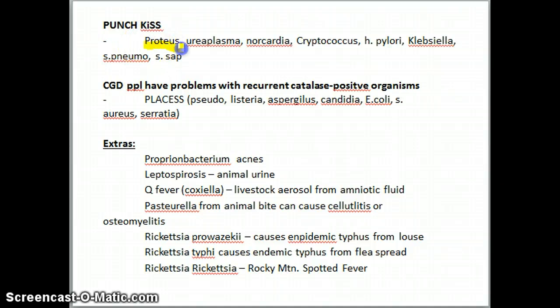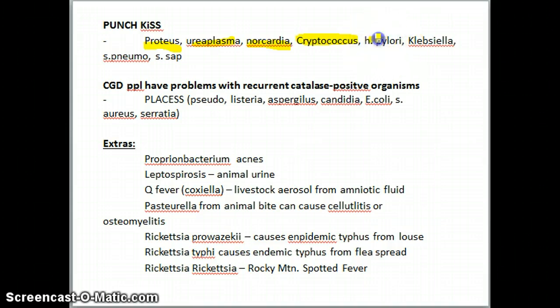So you have the Proteus, and you're going to have the Ureaplasma. You're going to have Nocardia. Remember that one? All right, because Nocardia is going to be the one that you differentiate from Actinomyces. Nocardia asteroides, I said people on steroids, it decreases their immunity. People with decreased immunity are at risk of getting this. Okay, Cryptococcus, we'll talk about that once we get to the fungi and all.